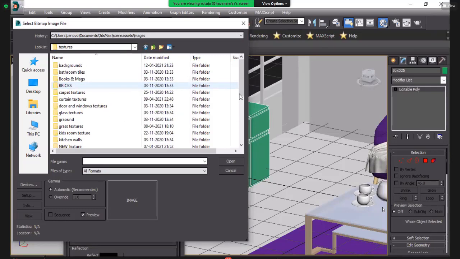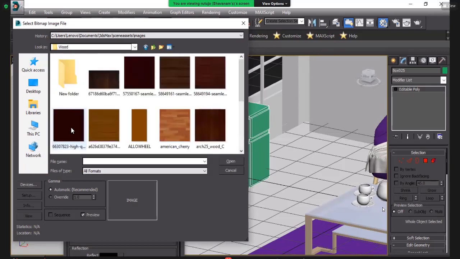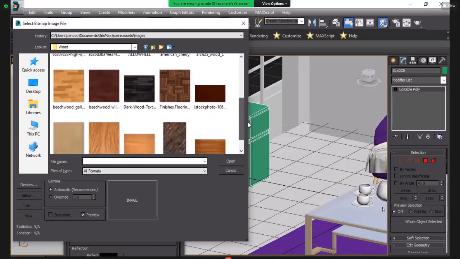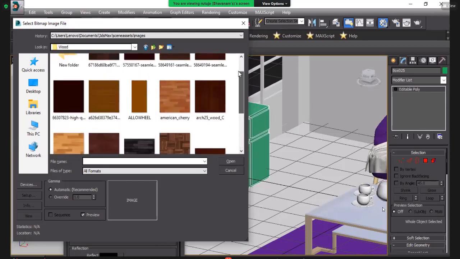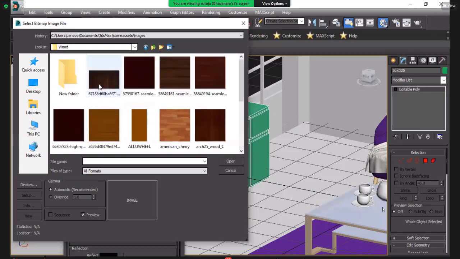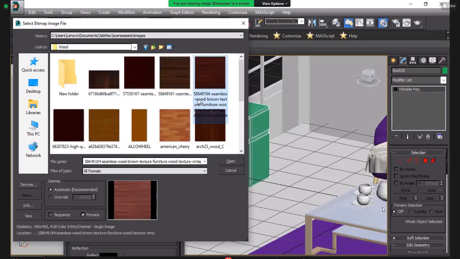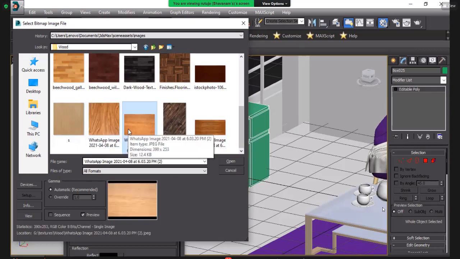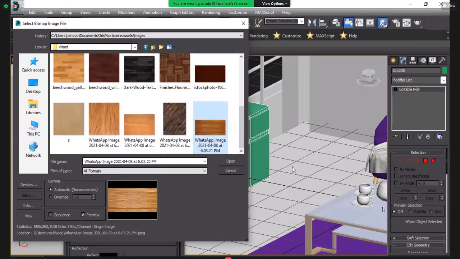So I use wooden texture here. So I make a separate folder of wood, and I have these types of material here. Okay, can you see? Already I have downloaded it from internet and I will use it. So this type of wooden we can use in your projects. For now I will get this wooden. Okay, and here are also many types of wooden here. So I will get now this wooden and press OK.